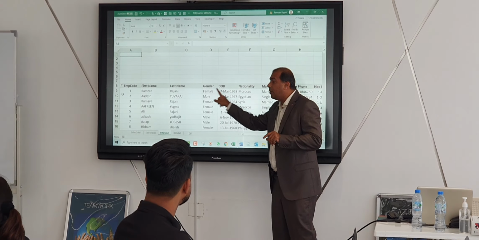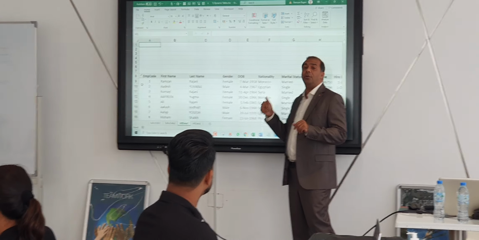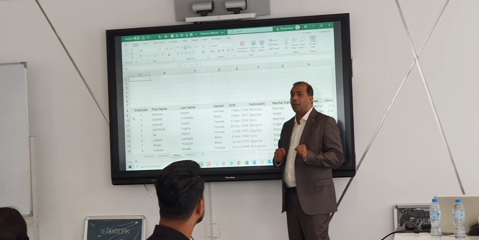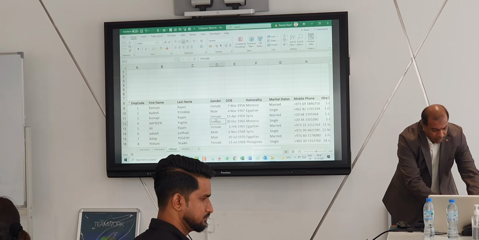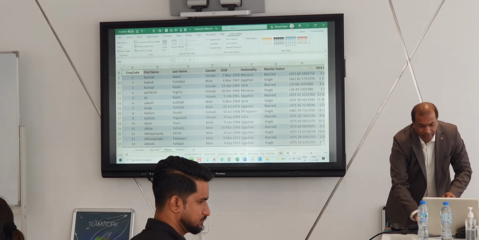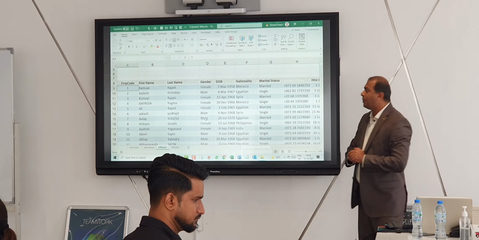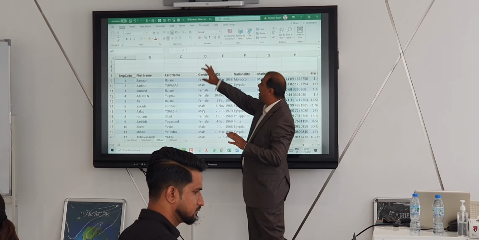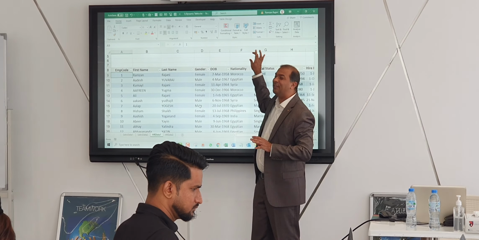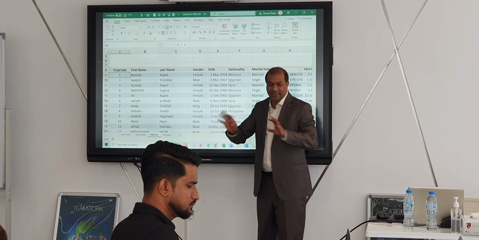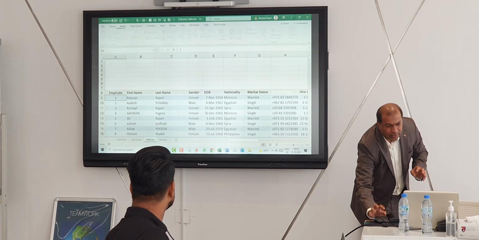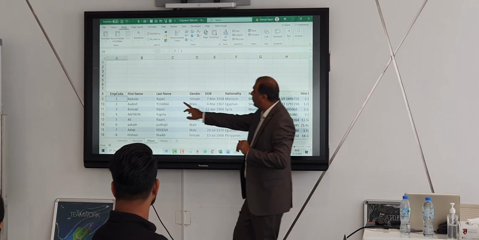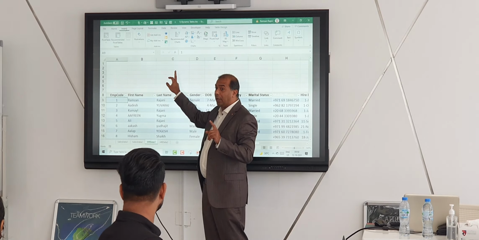Second step, convert your data into the table. How do you convert your data into a table? Control T. Very good. So I come over here and I say Control T and my data has been converted into the table. Now the third step is here you will add an interactive button for your management. It's lovely. So I will come over here friends and I will go to Insert. Make sure you put your cursor inside the data, not outside.